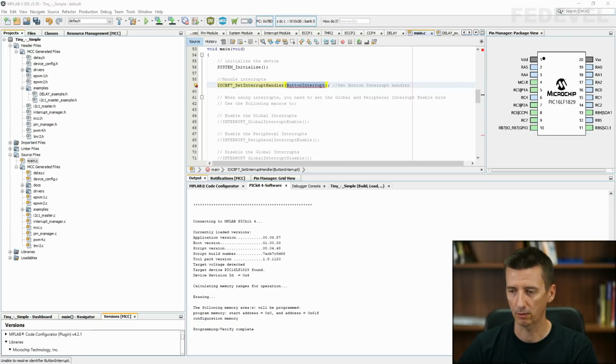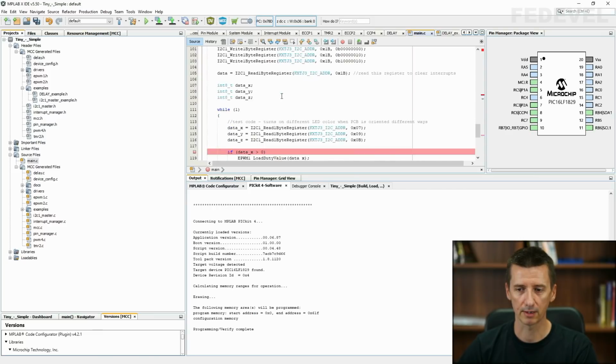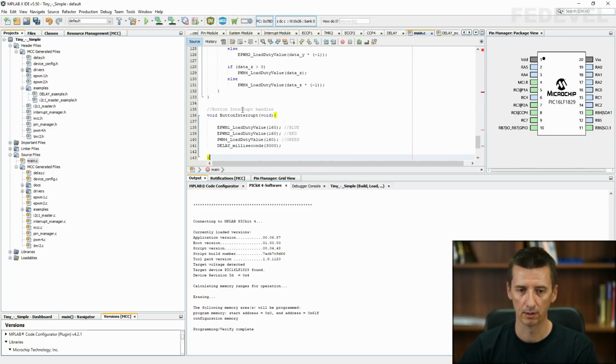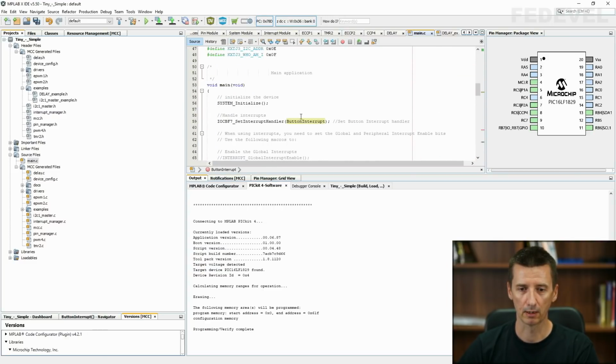So I'm going to scroll down in this code, and usually these interrupt handlers are at the end of the main file. So I'm going to put it here. You can see it's called button interrupt. That's exactly the name that we used here.